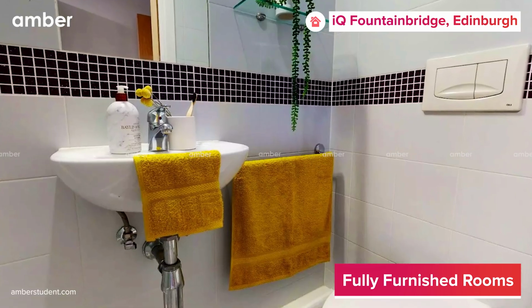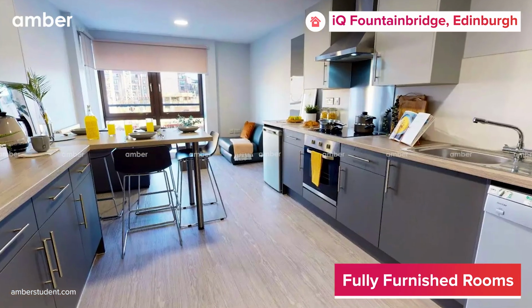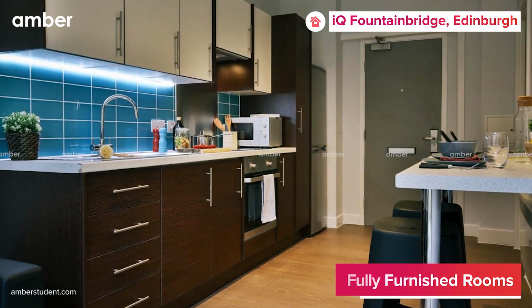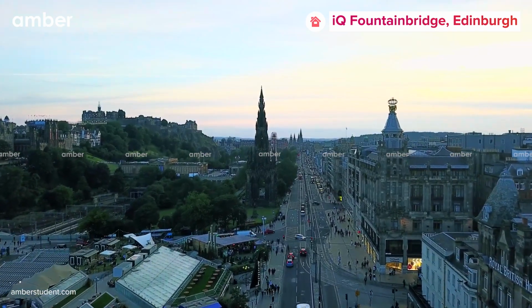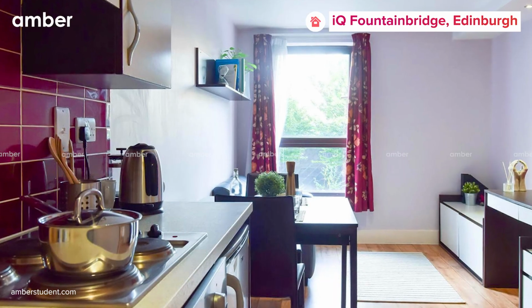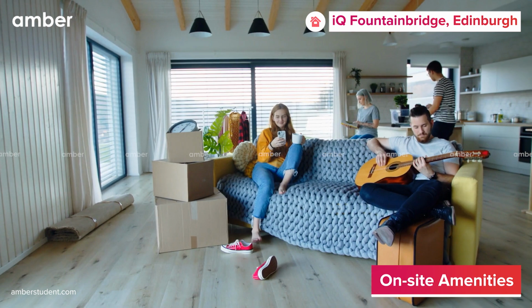Freshen up in the pristine bathrooms with efficient fixtures, and whip up something delicious in the modern, modular kitchen complete with ovens, cabinets, and a chimney. Step out onto a window wall that leads you to an incredible view of the city. Make a statement of style in the boldly accented living area, cinema room, and gym, all providing unrivaled comfort and